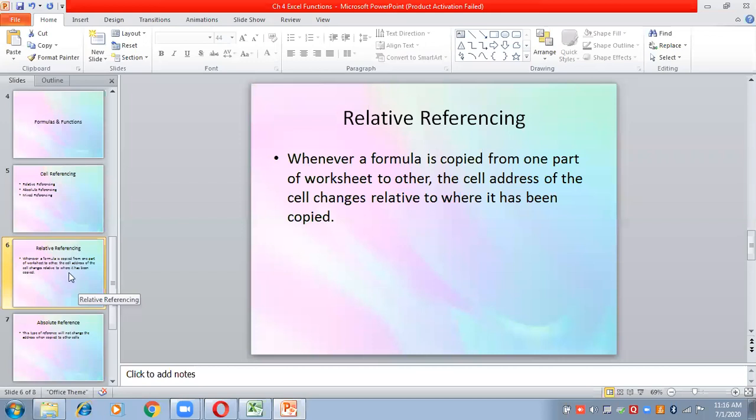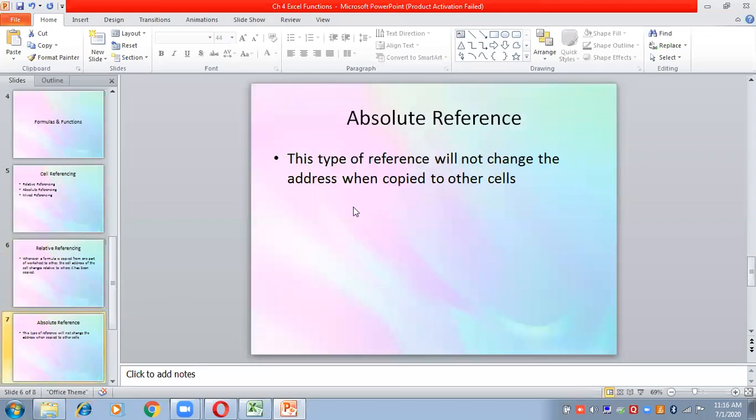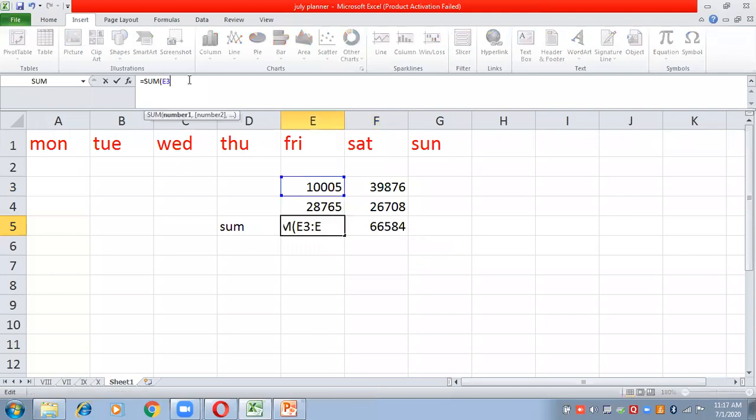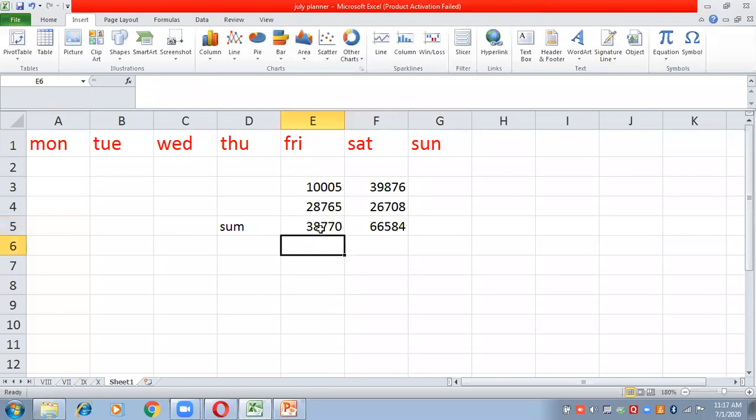Next is absolute referencing. Absolute referencing means the formula will not change even if you copy it to any other place. For example, suppose this is the formula. I will explain the formula later. You just see the way I am writing it.